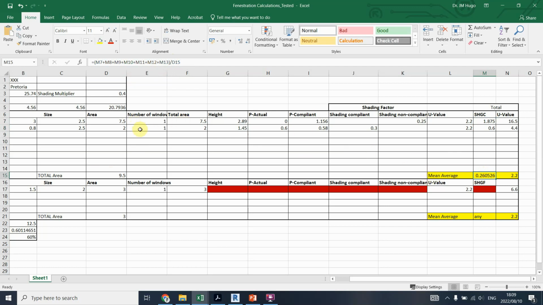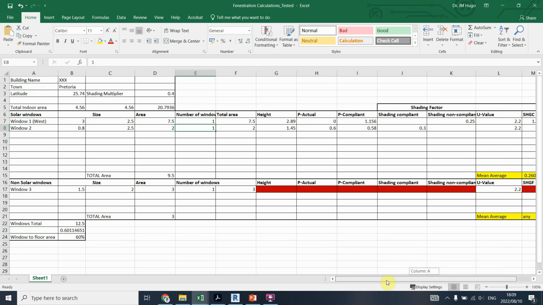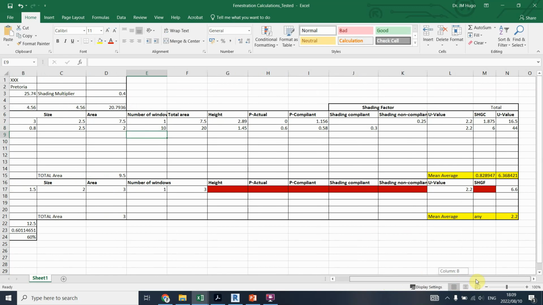But where it would make a difference is if I, for instance, have, let's say I have got a very long northern facade, and let's say there's about 10 of those windows that has a much lower solar heat gain coefficient that needs to be used. And I then calculate the total area now. I need to adjust that, which would be the total area times that. And immediately,